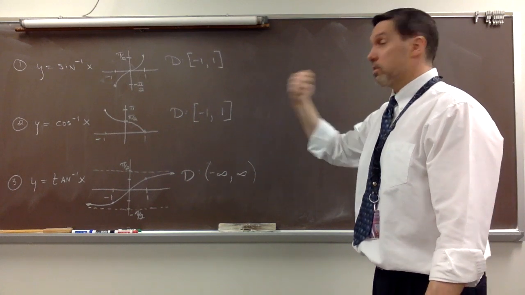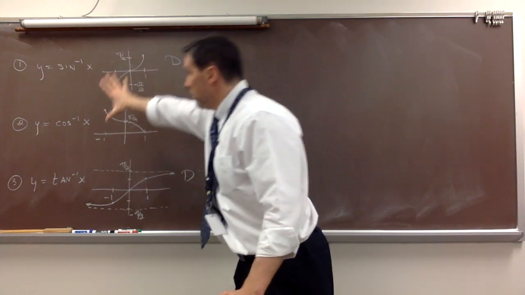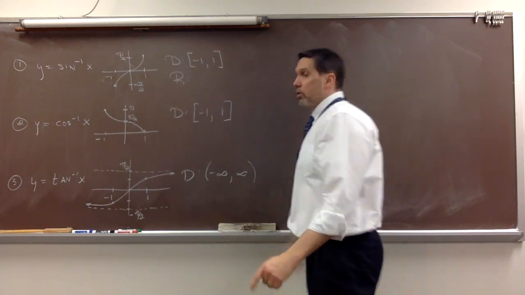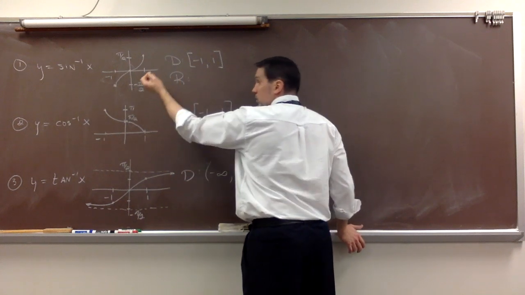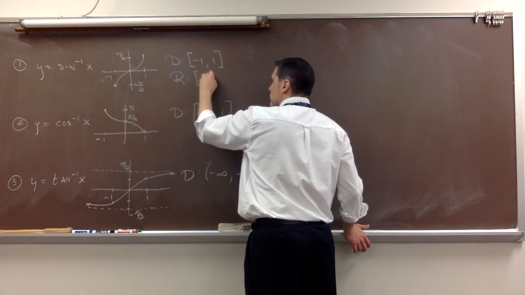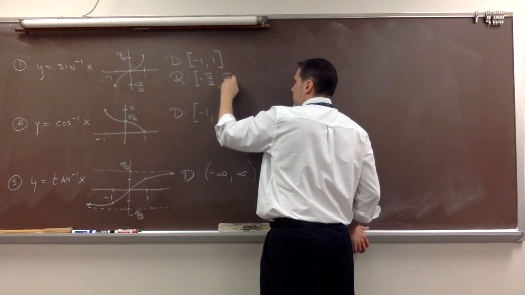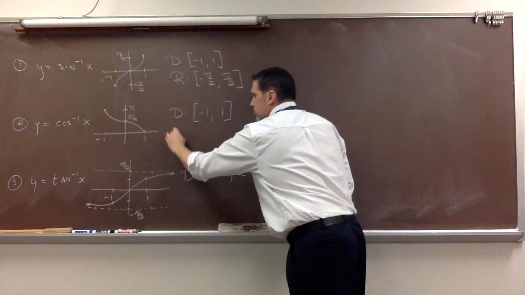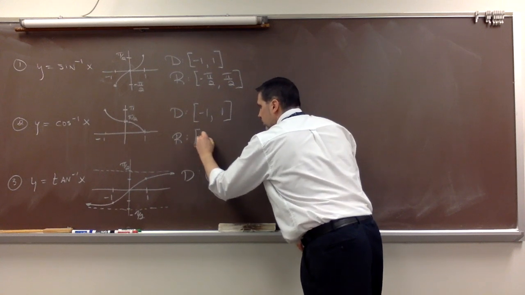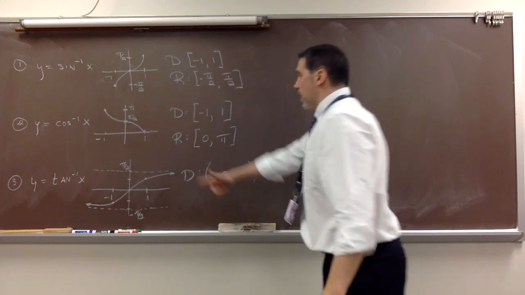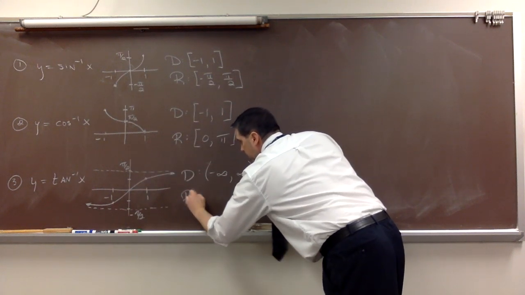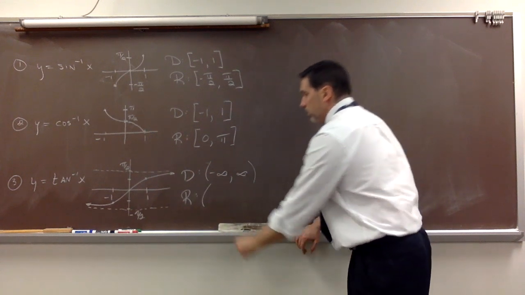But what I was saying is it's the range that we really need to focus in on when we calculate these inverse functions. So, let's check out the ranges. If you look at the range for the inverse sine, it was the restricted domain of the regular y equals sine, which was -pi/2 to pi/2. Okay, the range for cosine inverse, if we look, it goes 0 to pi, both inclusive. And for tangent, well, it goes -pi/2 to pi/2, but we can't include those values. So we have to use parentheses,